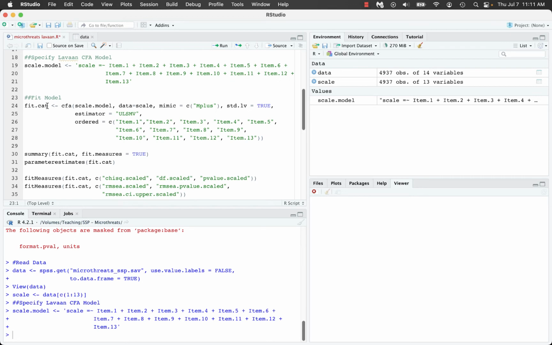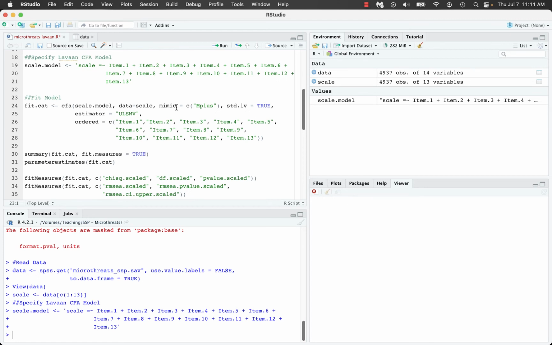You can call it anything you want. And it's going to be a function of the CFA command that's going to use the scale model designation that we developed, link it to our scale data, that 13 item data, and we're in this case going to mimic